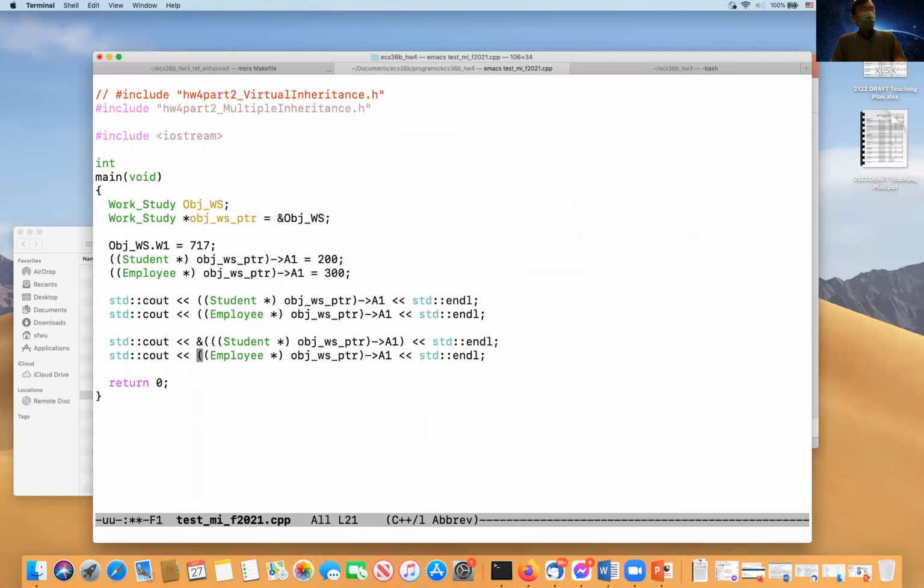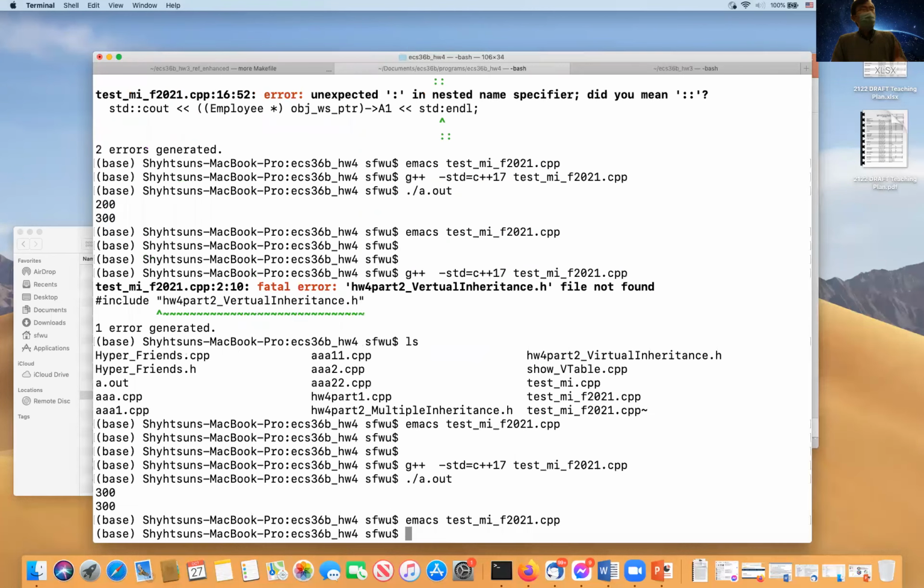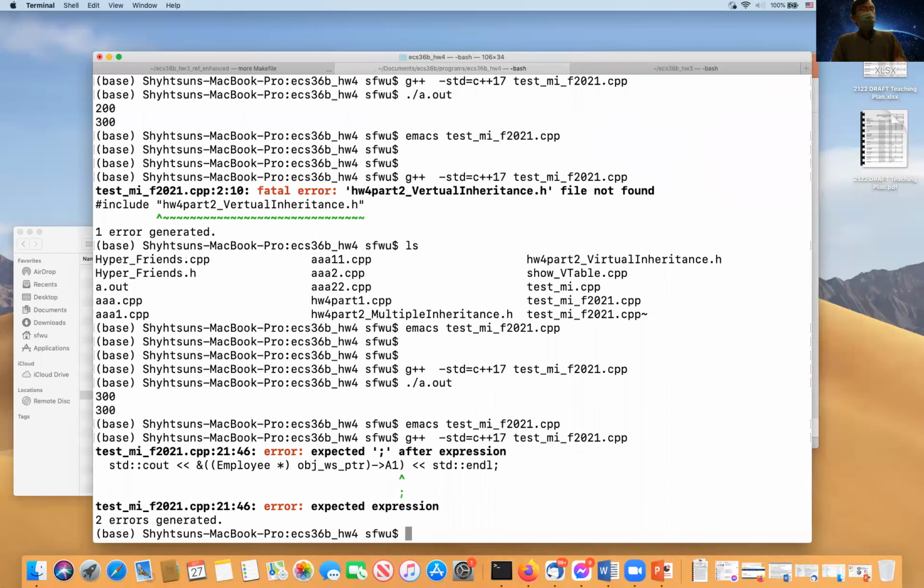And then I do an ampersand of the other one. This is good enough actually. Oh, I forgot one parenthesis, I think.